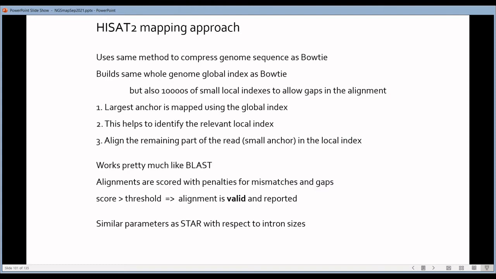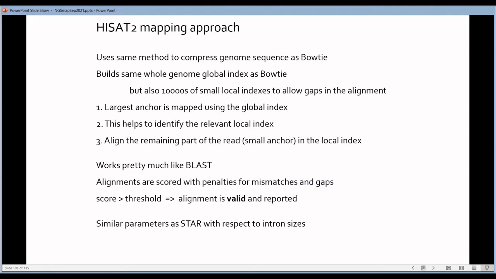How? Well, the mapping on the global index on the complete genome will tell HISAT which local, smaller indexes it needs to try, and then it will try to map the remaining part of the read on these local, smaller indexes. The alignment itself is very similar to the method that BLAST uses for creating alignments.